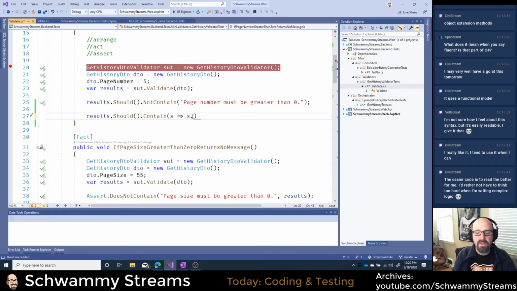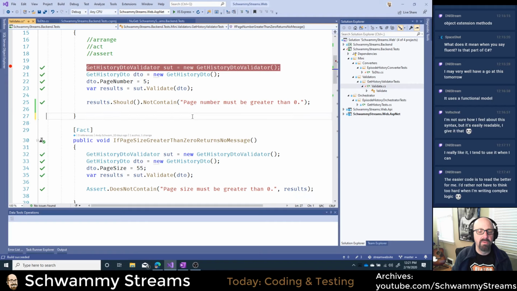Let's see what happens. So I could say should starts with page. I guess we can do that. There's another example of something you could do with Fluent Assertions. So you can really build out all kinds of stuff. I have a mistake there. Sorry, should starts with page. So that one should work too. So that's an example. Now, one thing you can't do with Fluent Assertions,